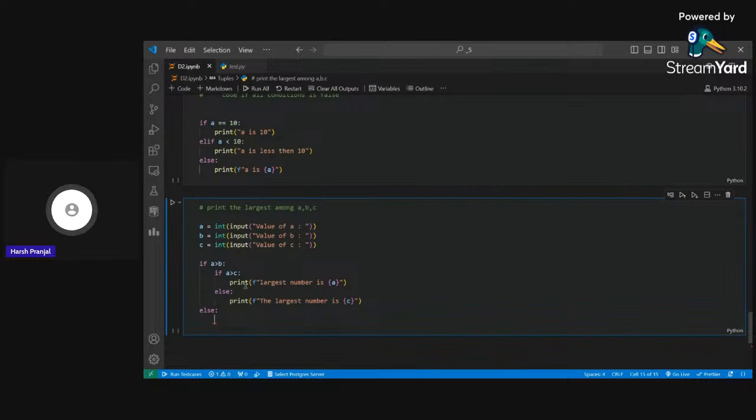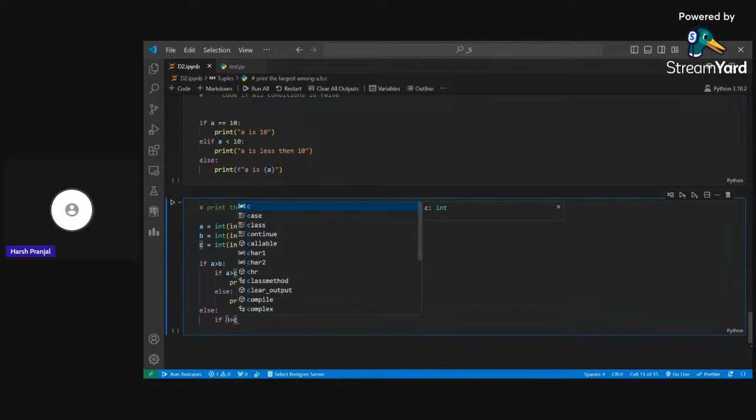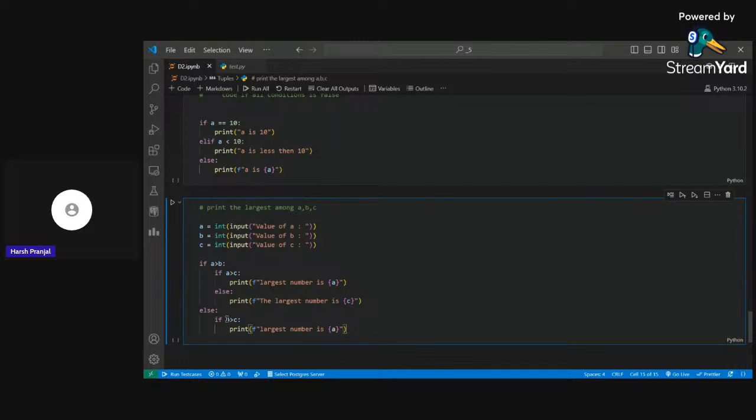Now I am writing this else. So by indentation, you can tell that this else is for this if, right? And this particular else is for this parent if, right? Okay. Inside this, let's check the condition if b is greater than c, then print b, otherwise